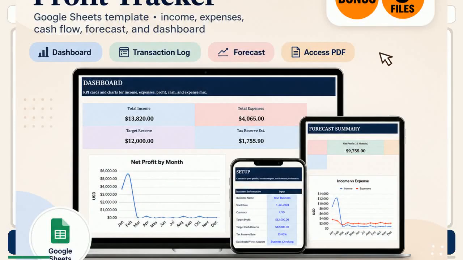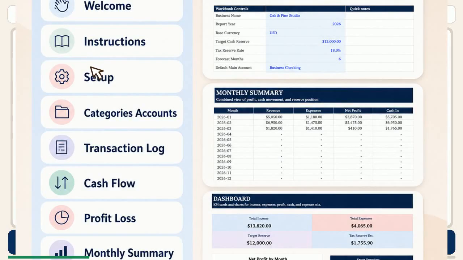Welcome to the Metas Area Small Business Cash Flow Forecast and Profit Tracker. In this tutorial, we will change setup values, customize categories, enter real transactions, and review every automatic result. Follow the workbook in order: setup, categories and accounts, transaction log, cash flow, profit and loss, monthly summary, forecast, and